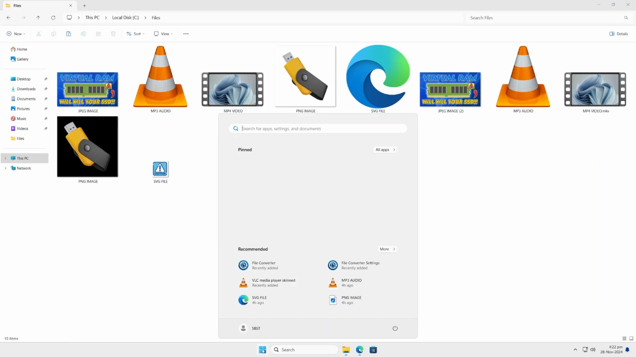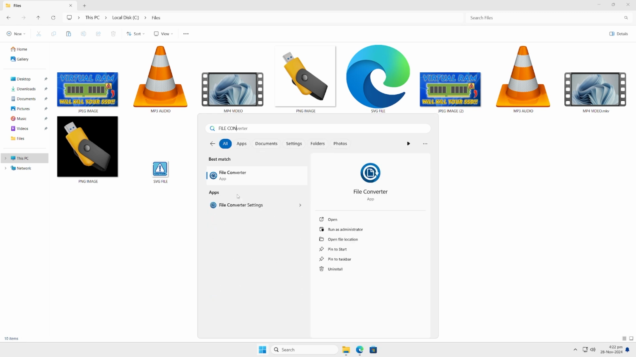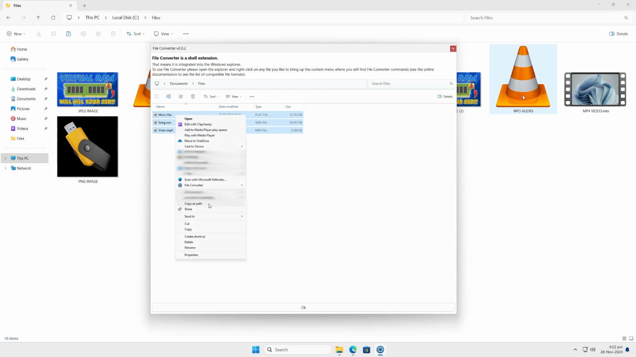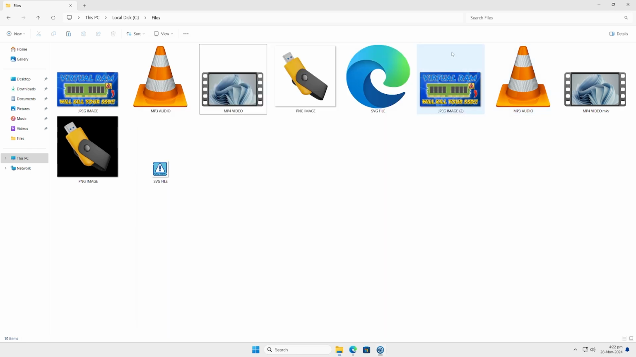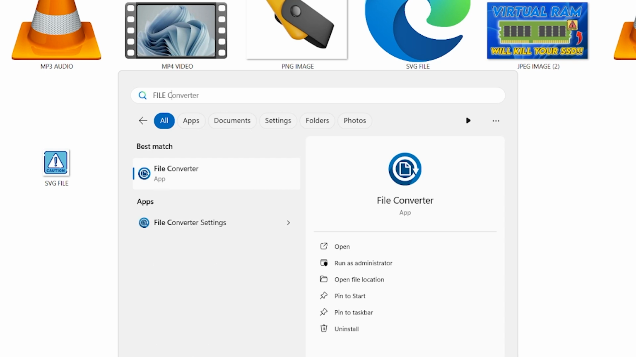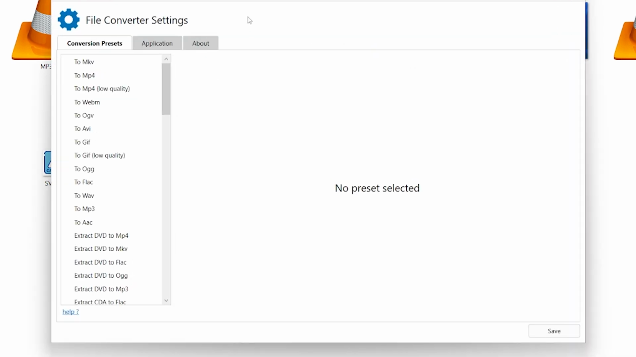It does nothing if you write this and file converter and try to open it. It will just show you the method of how you can convert them. That's it. But you can do some settings like file converter, and if I open the settings, there are some